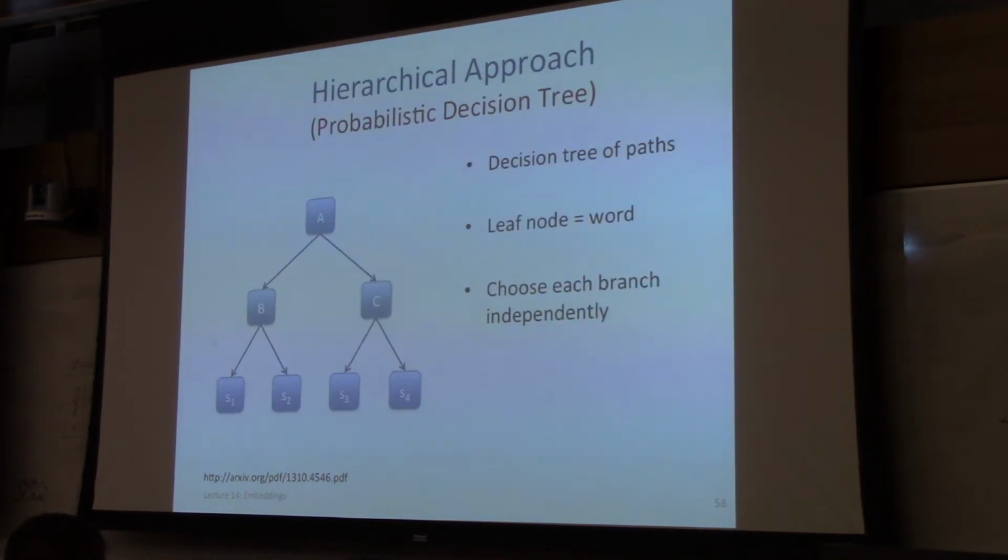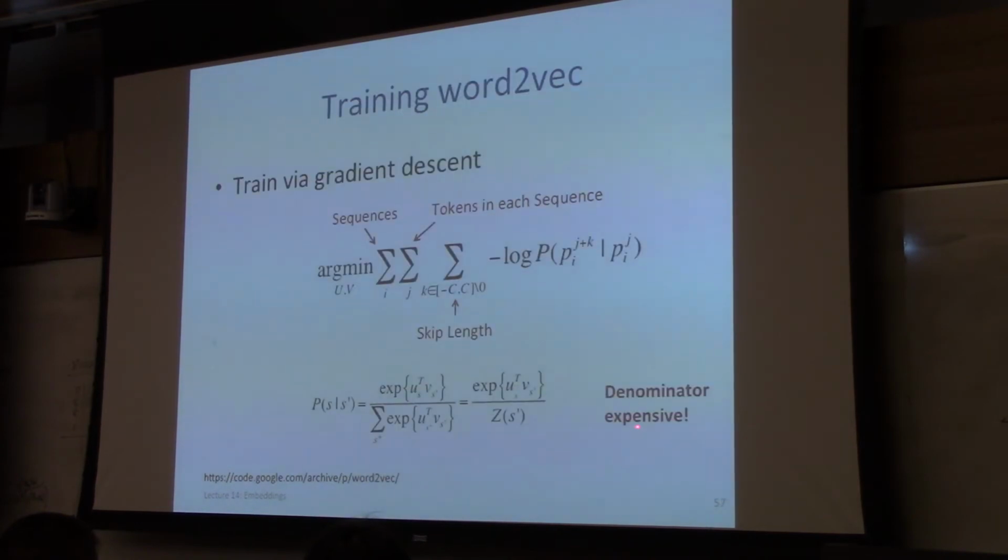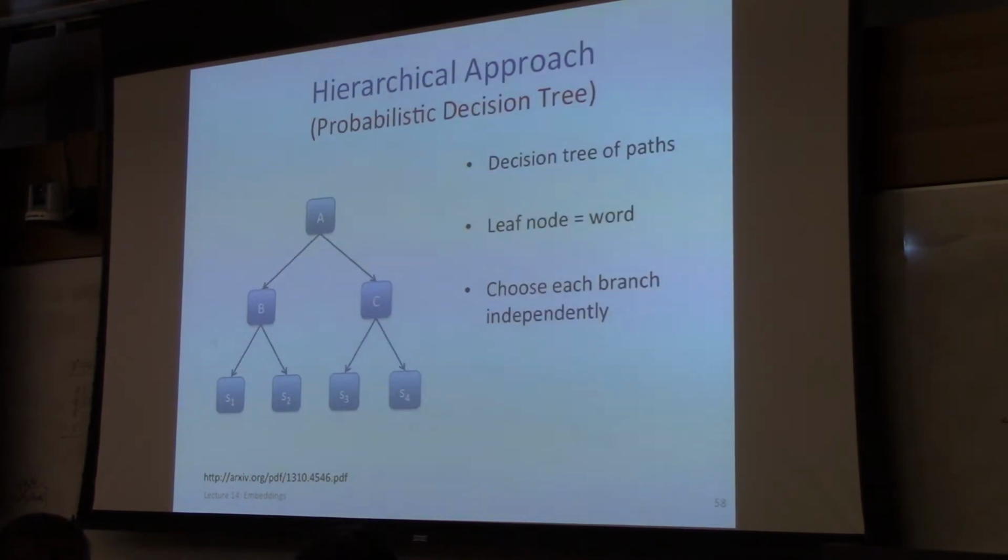So I'm running low on time, so I'm going to zip through this, although it is a homework question. Again, you should always read the details of the paper because the slides are going to be overly simplified. But one of the difficulties of this training algorithm is that the denominator again is really expensive. You have to sum over every word of your vocabulary, which could be 1 million in some of these large vocabularies. And so one way to get around this is to